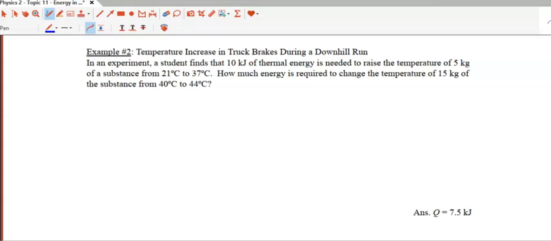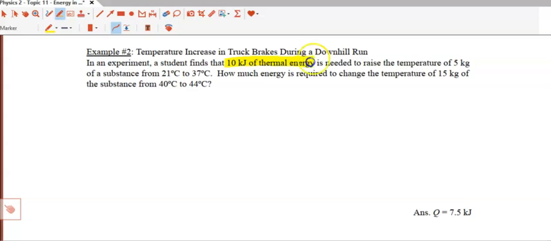In example 2, we're looking at a truck that is braking while it goes downhill. You've probably heard of this before, but brakes heat up. So big trucks have to be very careful. If they heat up the brakes too high, then they won't be able to brake anymore. So a student decides to do an experiment here, and if we look at the given information, we see that